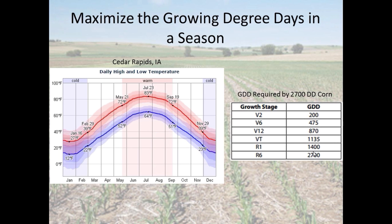Here I wanted to illustrate what those growing degree days look like. We've all seen daily high and low temperature charts. I just pulled this one from Cedar Rapids, Iowa. What I want to point out here, if you can see the mouse, is this R1, which represents halfway through the season in terms of heat units or growing degree days. So if we have part of the crop that's halfway through the crop here, but then some of it's delayed,